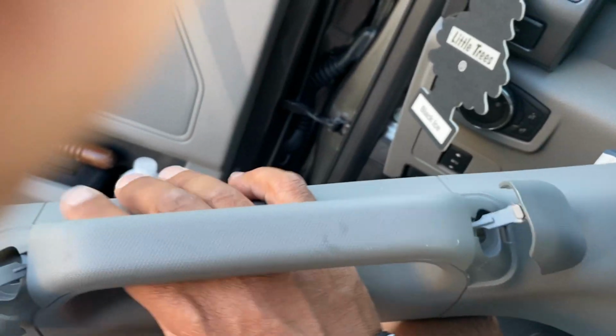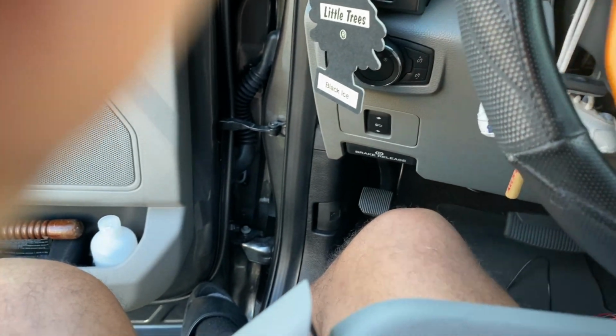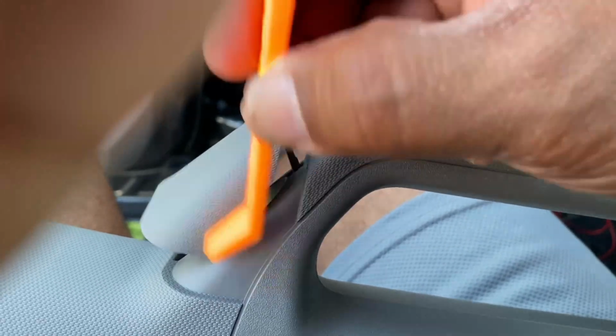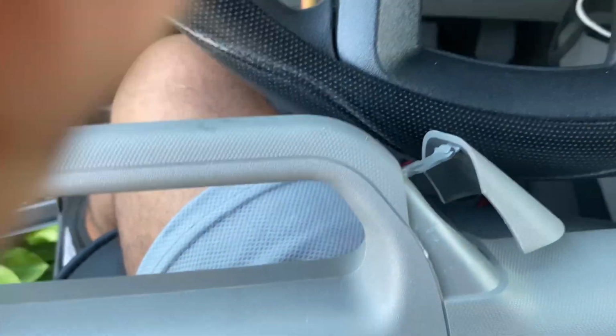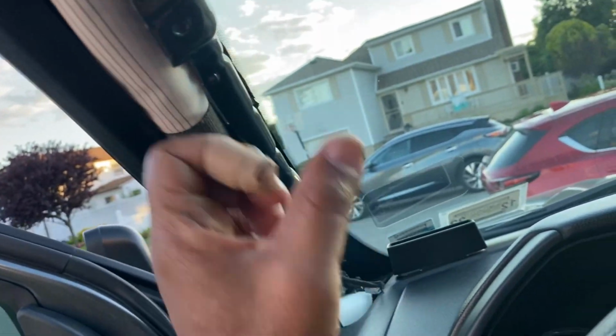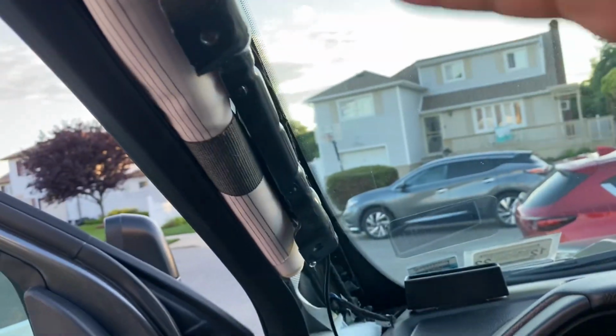They are in this area, so use a little panel remover. You can use that to pry this little thing up off, and it'll expose the screws right here. You've got two of them, the top and bottom. Once you unscrew those two screws, the mounting points are right here and right here. This comes right off. You're gonna pull towards you and lift it right out,